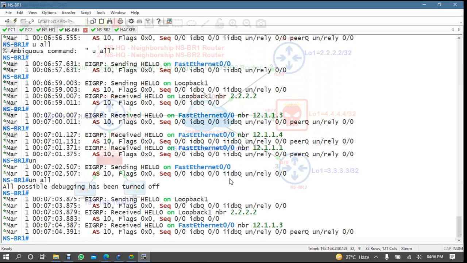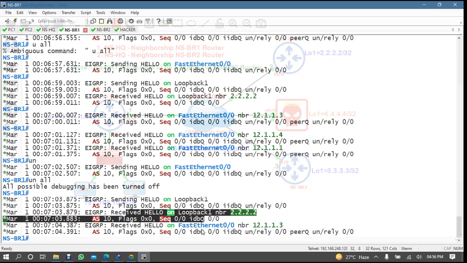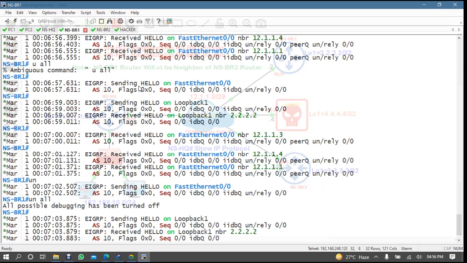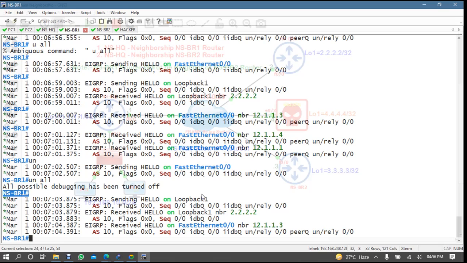Okay, now it is stopped. Okay, sending hello. Received hello. So everything you'll see that it is advertising to the hacker also, right? And now you'll see that, okay, but you are not seeing here where the multicast address is, right? 224.0.0.10, because .9 is for RIP and 224.0.0.10 is for EIGRP, right?